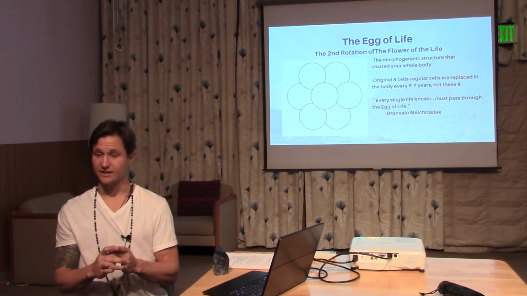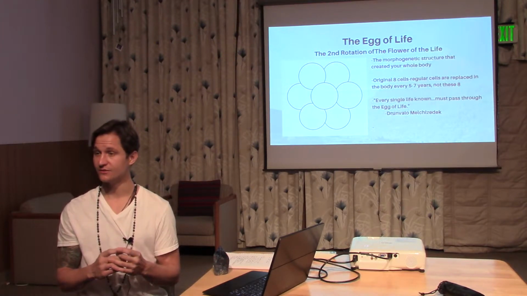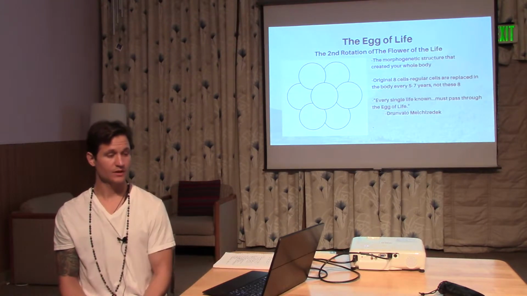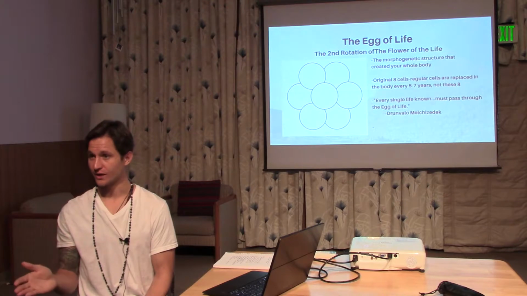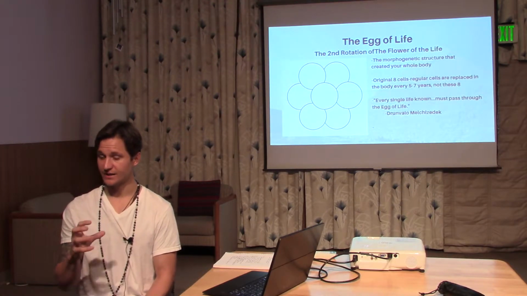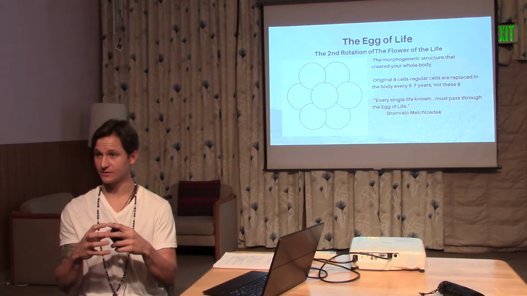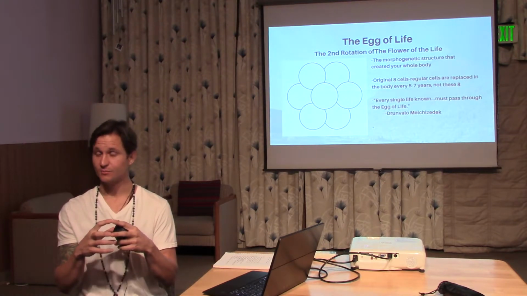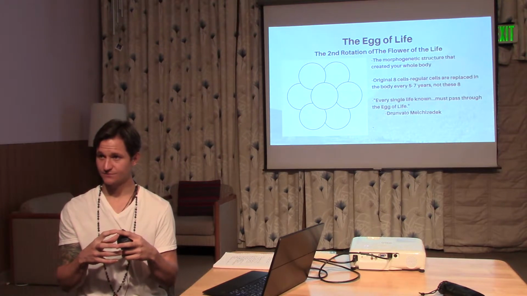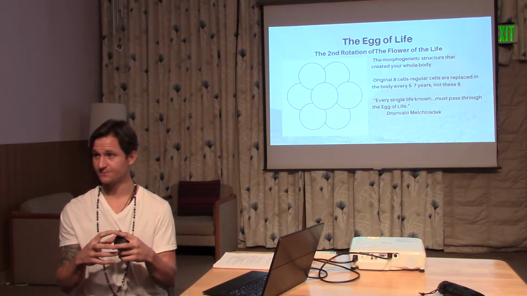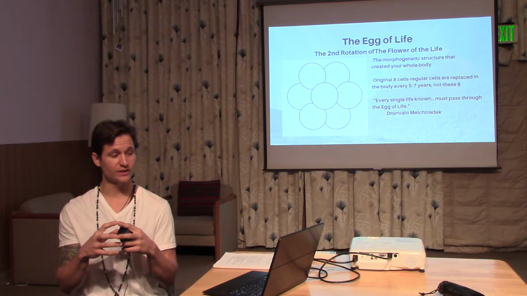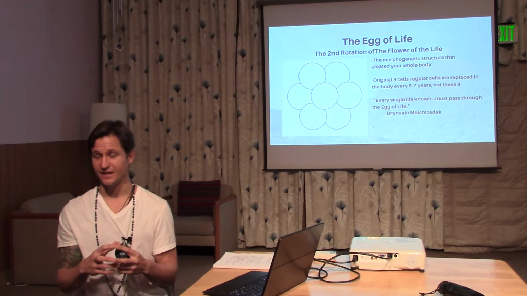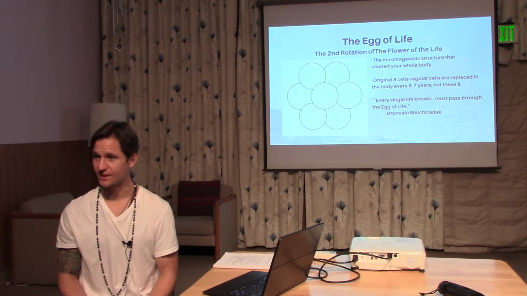So once they merge into one, they begin dividing binarily. 1 to 2, 2 to 4, 4 to 8. At 8 cells, that sphere of the zona pellucida, so the mother's egg, is completely full of these 8 cells. So it fits perfectly within the sphere. The only issue with that is that these cells are gigantic compared to the average human cell.